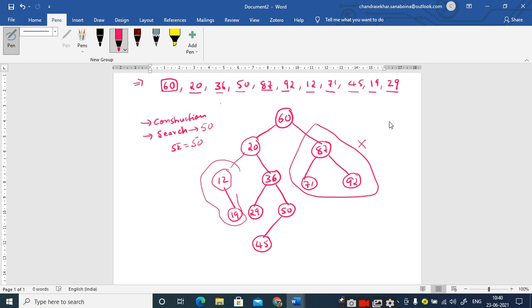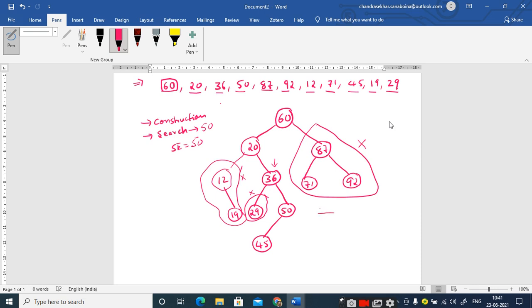So you are just ignoring these two elements. And again you are at this point, right? 50 compared with 36. Since 50 is greater than 36, you neglect this left subtree of 36. And you move to the right child of 36 and make a comparison, 50 compared with 50.